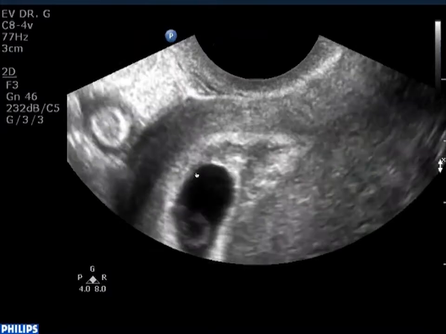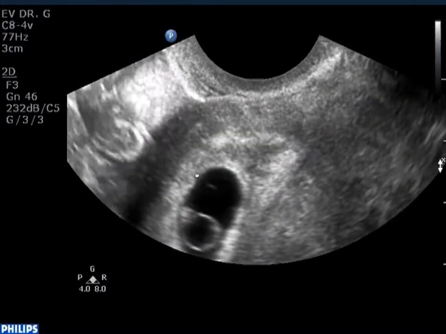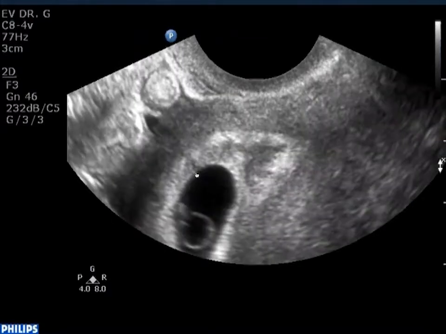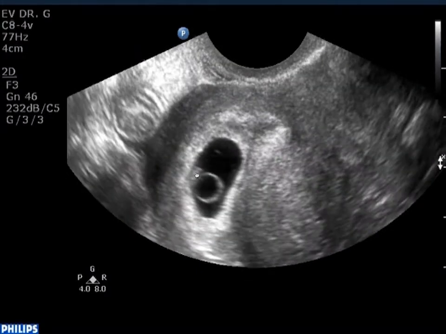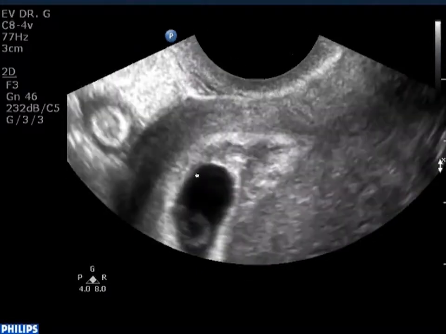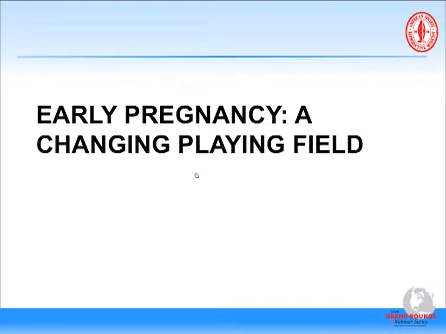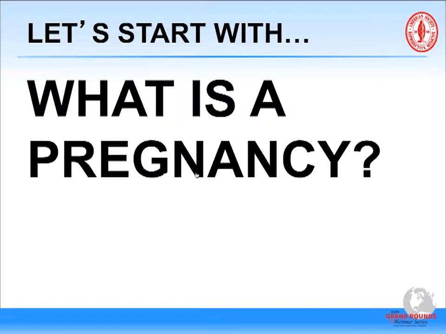It is as if we're doing ultrasound through a low-power microscope. And that's one of the beauties of the technique, but also sometimes some of the foibles. We see every little ditzel the pelvis has to offer. So I say here early pregnancy, I think, has undergone a major change in the playing field.